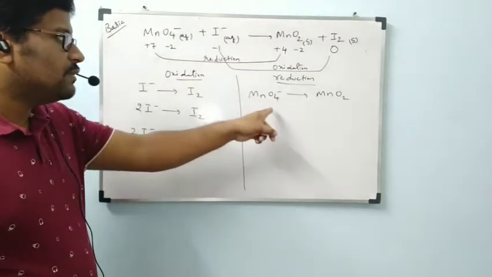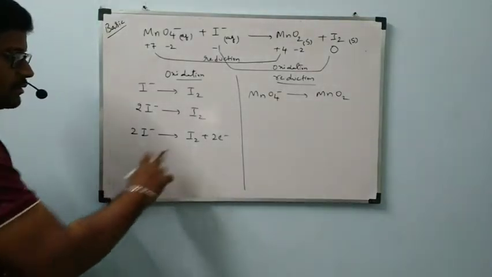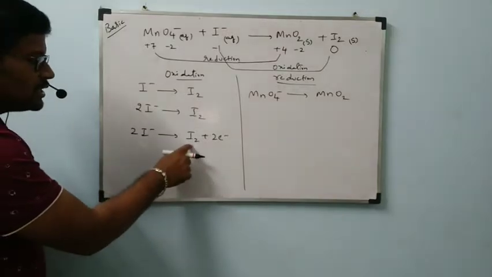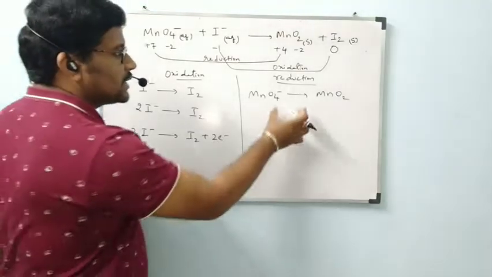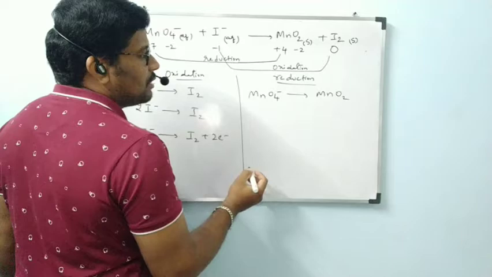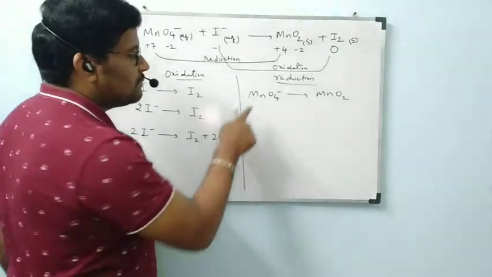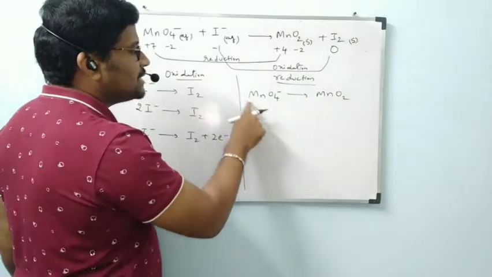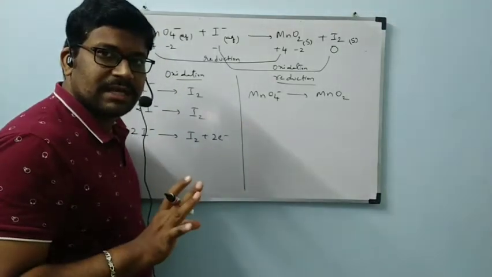Now we will go to reduction. The oxidation reaction is balanced with charge also. If you want, check it: 2 into minus 1 is minus 2, here 0 minus 2, so minus 2 is balanced. Next, coming to the reduction reaction. Except oxygen and hydrogen, we need to balance other elements. Manganese: here also manganese. It is balanced because one manganese atom is here and one manganese here also.